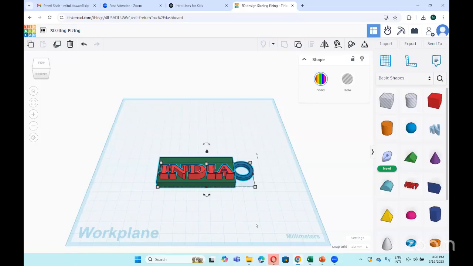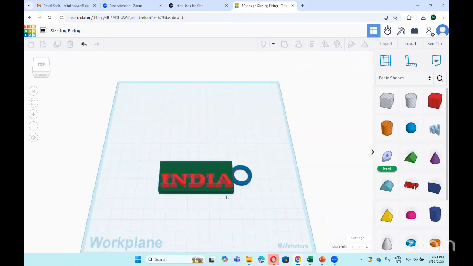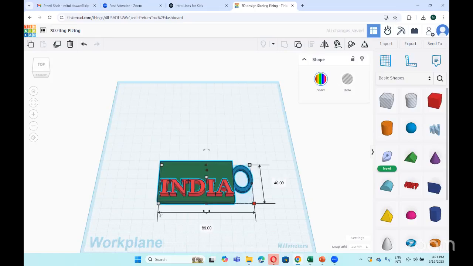So this is basically the key ring. You can also make it a little this way, or you can see it. So this is our key ring, and also we can do, you can increase the size also, let's say 40, right? You can make it